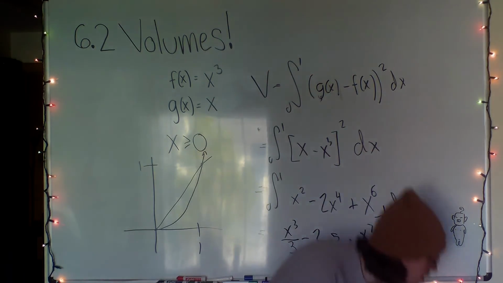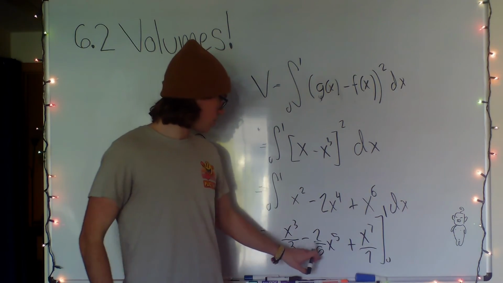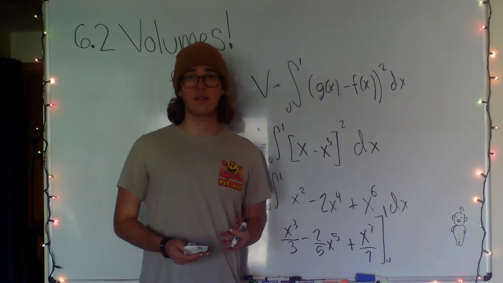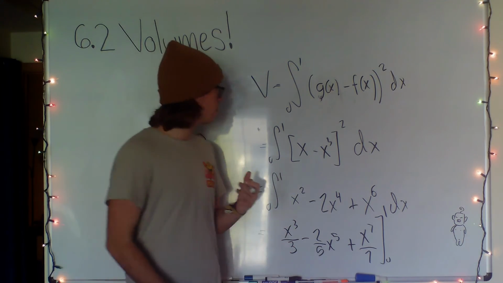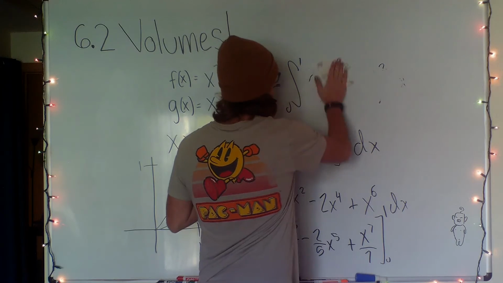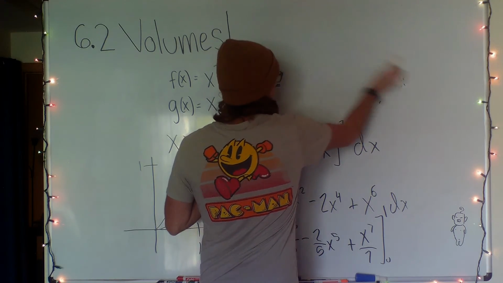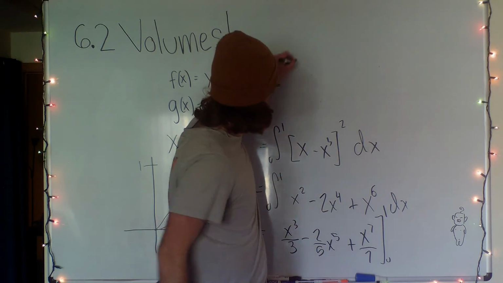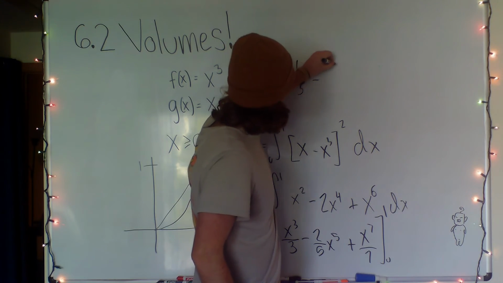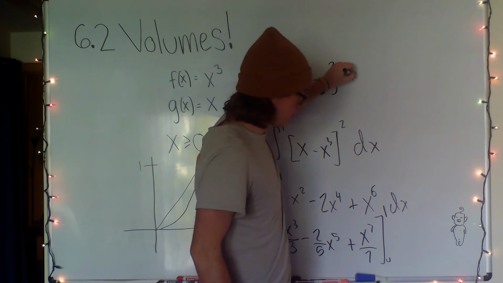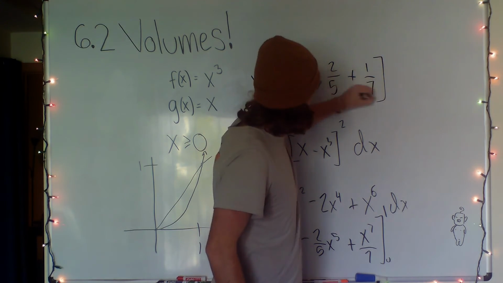When we plug in 0, these are all just polynomial terms with no constants, so they'll be 0, and we find that our volume is going to be equal to 1/3 minus 2/5 plus 1/7 times pi,